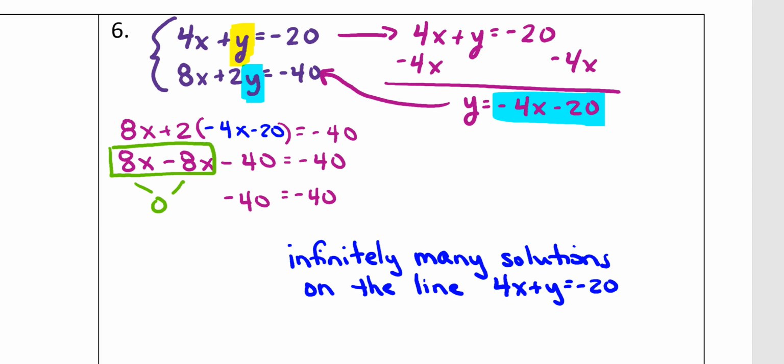And it really doesn't matter which one you select because these are both the exact same line. If you were to graph these, graphically they would have the same equation and they would lie right on top of each other because they intersect at infinitely many points. So this right here